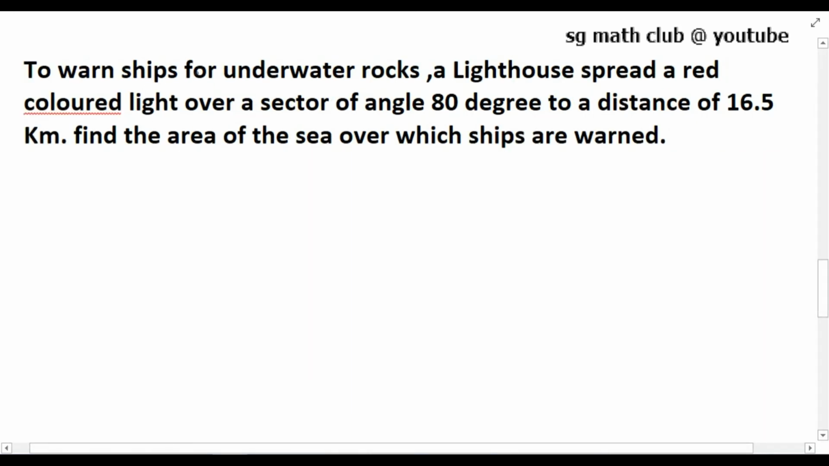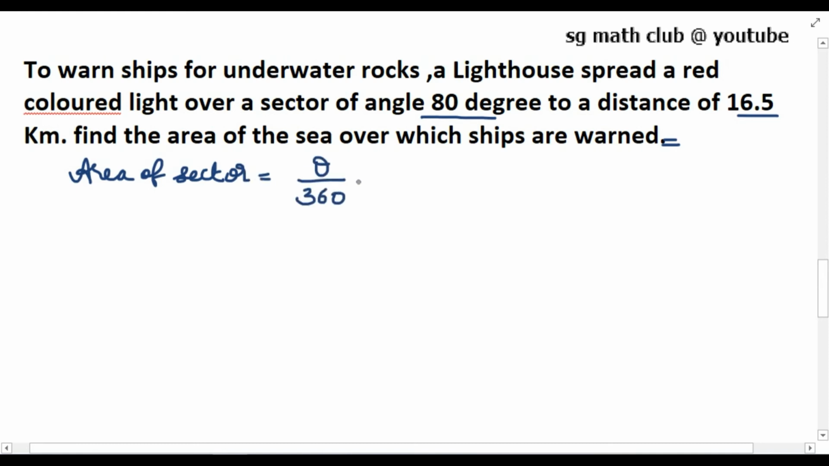The next question, to watch ships for underwater rocks, a lighthouse spreads a red colored light over the sector of angle 80 degree to a distance of 16.5 kilometer. Find the area of sea over which ships are warned. So the area of the sea over which ships are warned is nothing but